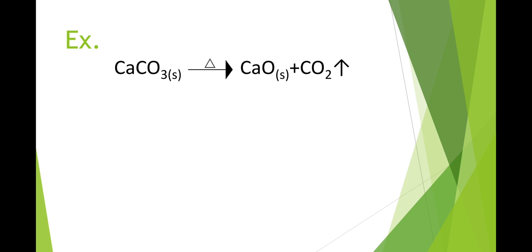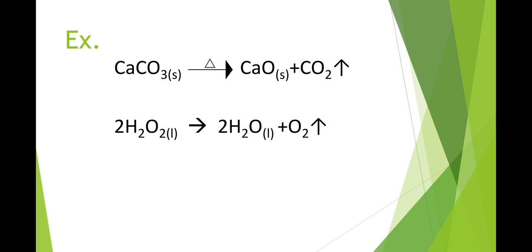CaCO3, we have taken the powder of calcium carbonate, hence it is in solid state. On the arrow we have provided the triangle, that is, heat is provided, we are showing it on the arrow. The decomposition of calcium carbonate results in solid calcium oxide, which we can see in our first test tube, and CO2, which we have concluded from the lime water turning milky. It is a type of decomposition which is carried out with the help of heat, and hence it is an example of thermal decomposition.